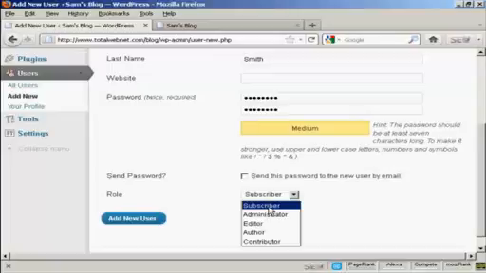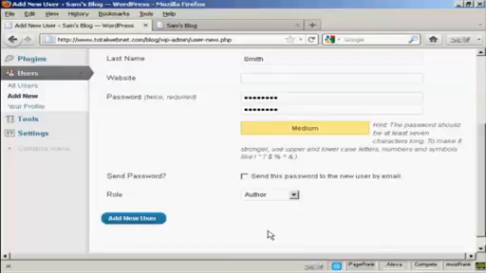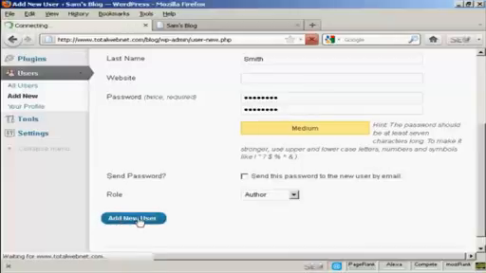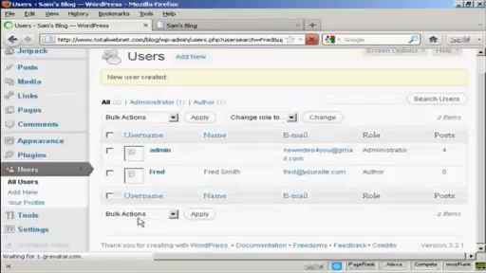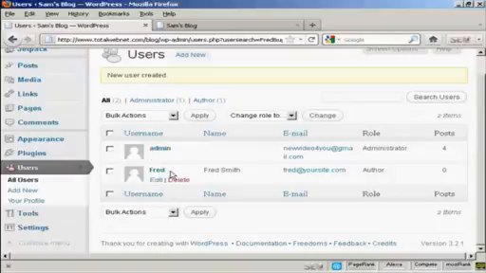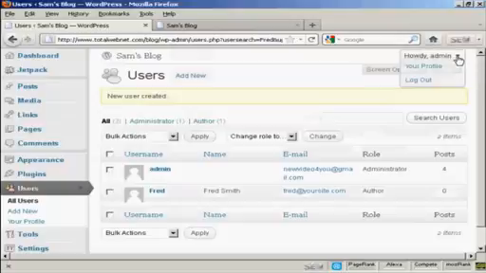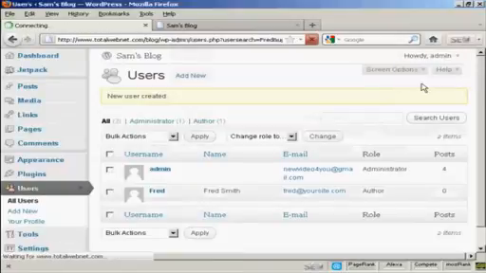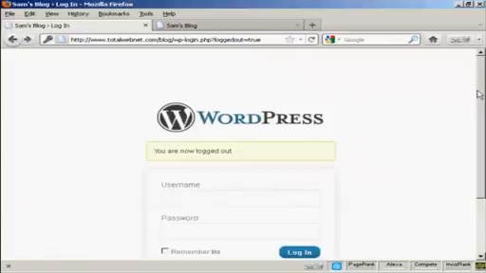Okay, I'm going to assign this person the role of author, so we can click there and then click on add a new user, and there we go. You can see there's the admin and there's Fred, our new user. Okay, if I just log out, okay, I'll now log in with the new username and password,